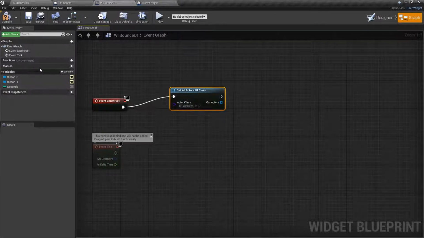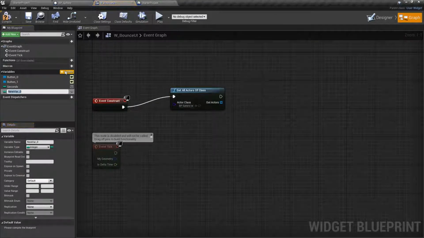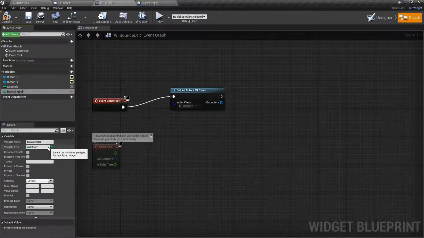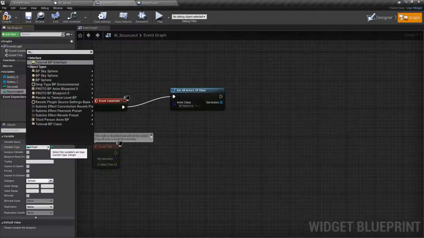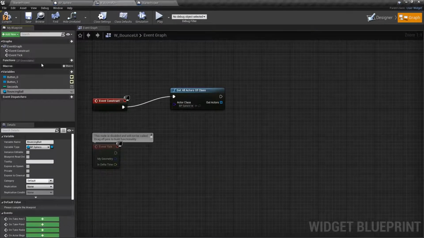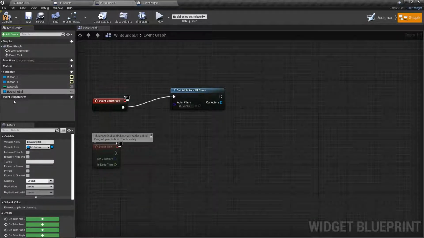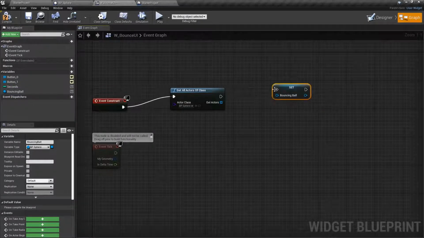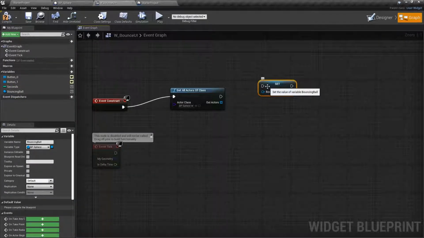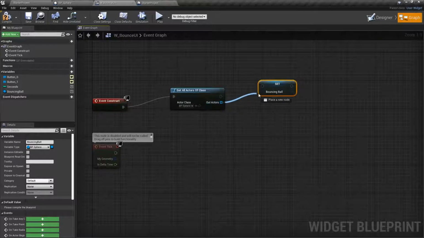So I'm going to create a variable. What should we call it? Just a bouncing ball. We know what it is. It's one of these, so I'm going to set the type to BP_sphere. That'll be one of those. Bouncing ball. And then I want to set that, because this is the one that we're talking to. So we'll just make this reference. Our bouncing ball we'll